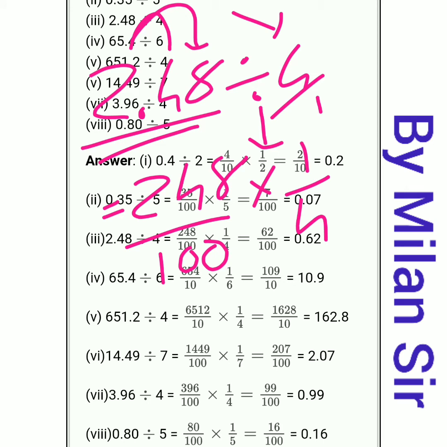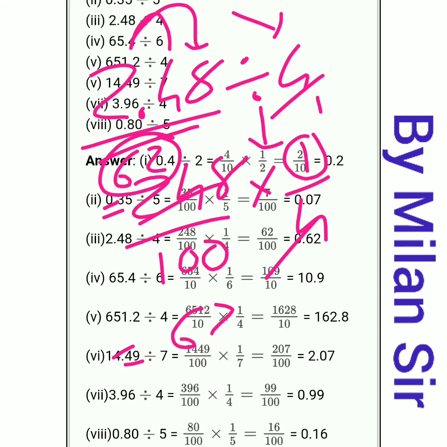Okay, then we need to simplify this. We can cut this. 248 divided by 4, it is 4 sixes are 24, and 4 twos are 8, so 62, right? 248 divided by 4 is 62. So now in numerator 62 multiply 1, 62 ones are 62, and in denominator we have 100. Okay, so 62 divided by 100.